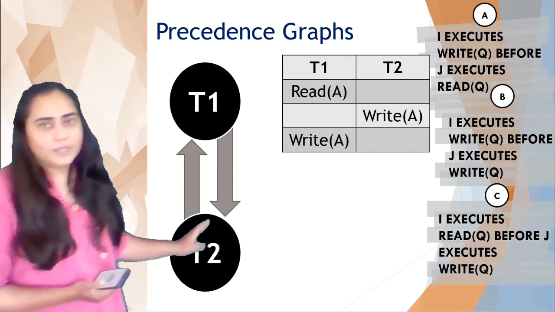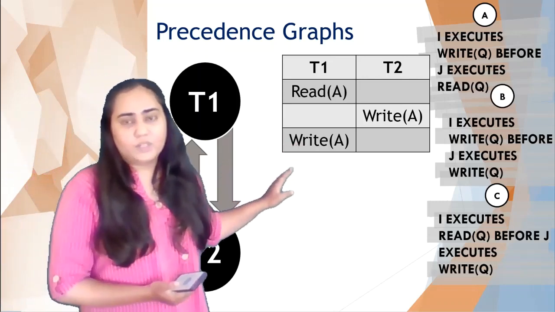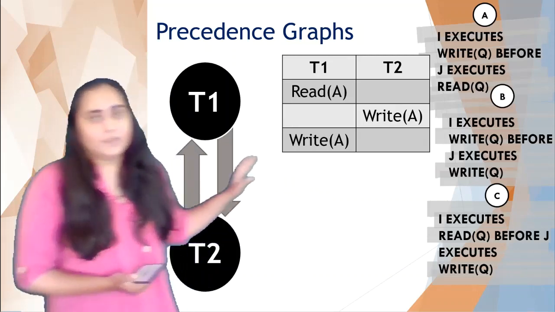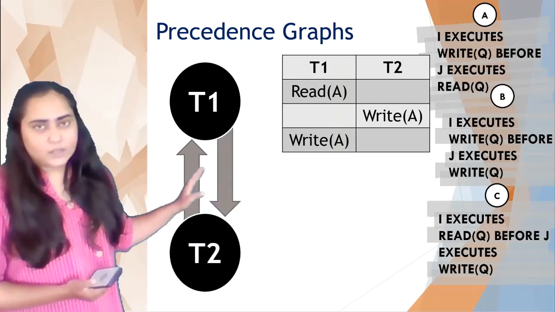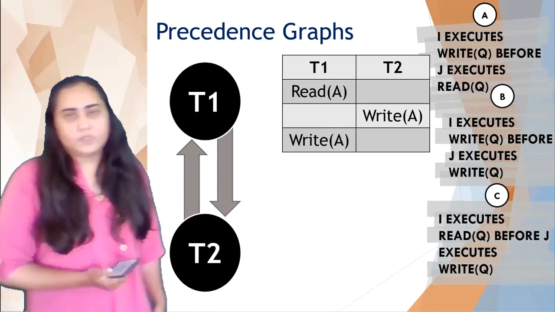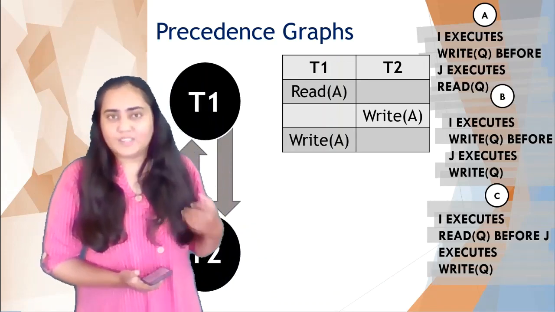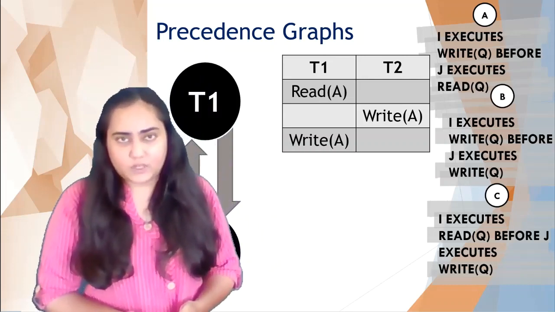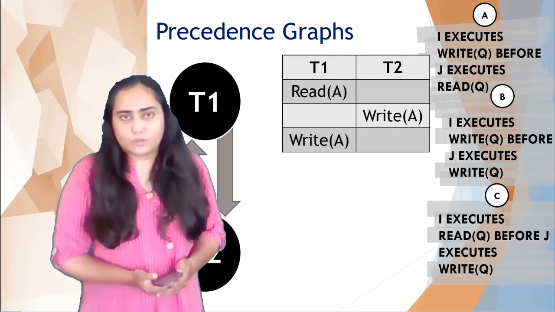Another thing that's happening is T2 is also doing write A before T1 is doing write A. So in this case, our rule B is applied, and that's why we can create an edge from T2 to T1. And you can see there's a cycle formed here, which starts from T1, goes to T2, and then back to T1. So this is a cycle. And that is why whenever there is a cycle in the precedence graph, we say that this schedule is a non-conflict serializable schedule, as we also saw earlier by applying those 4 rules.